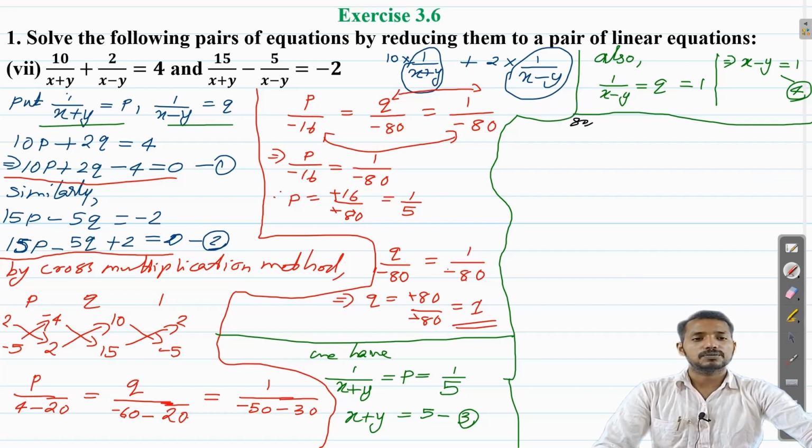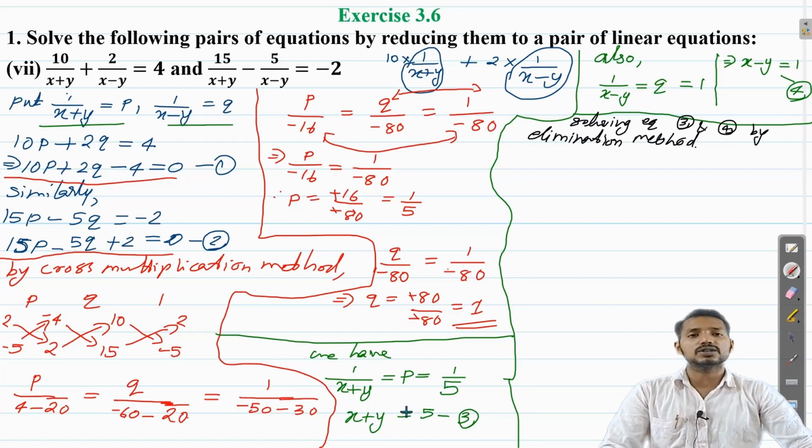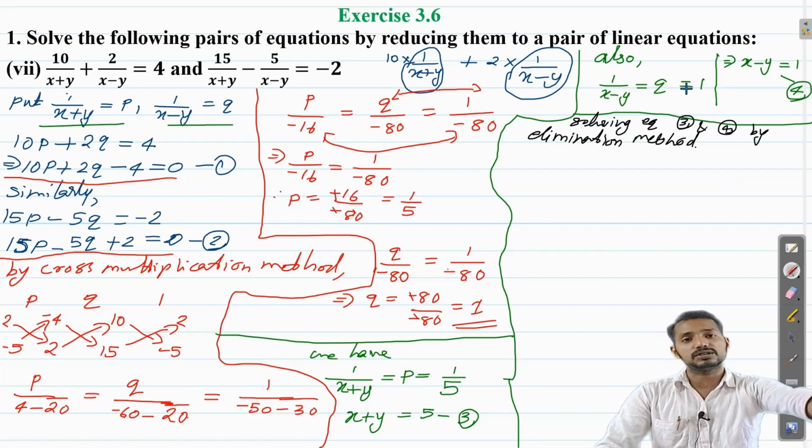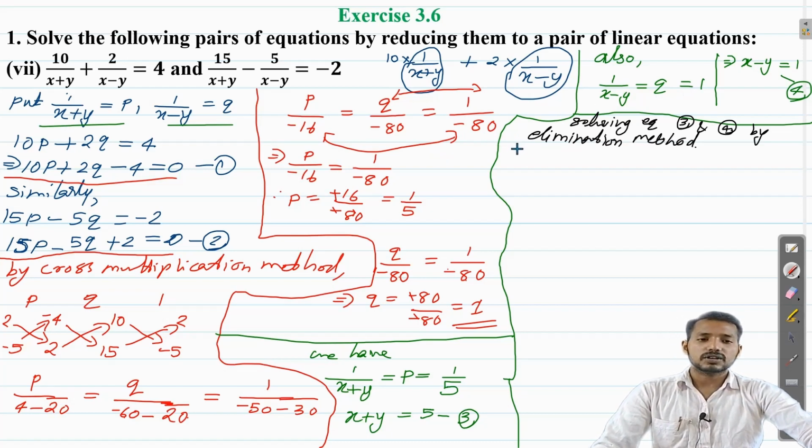So solving equations 3 and 4 by elimination method. Why did I choose the elimination method? Because the coefficients of x and y are numerically equal in both equations. So either you can add or subtract, you will get it easily. So adding equations 3 and 4,